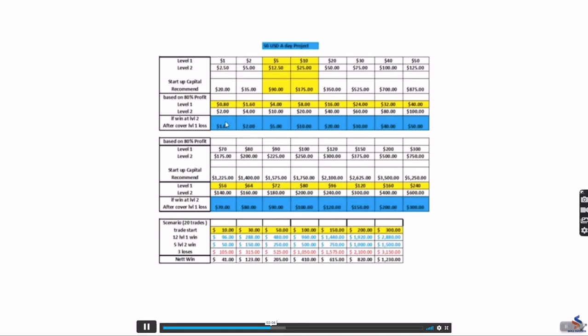So every time if we win at level 2, we actually get much more than level 1. Level 1 we win, we get $8. If level 2 we win, we get $10. But if we lose, $35. Okay, so go through this chart. I hope it's not too confusing for you guys. Just go through it. Eventually you understand where it is coming from.